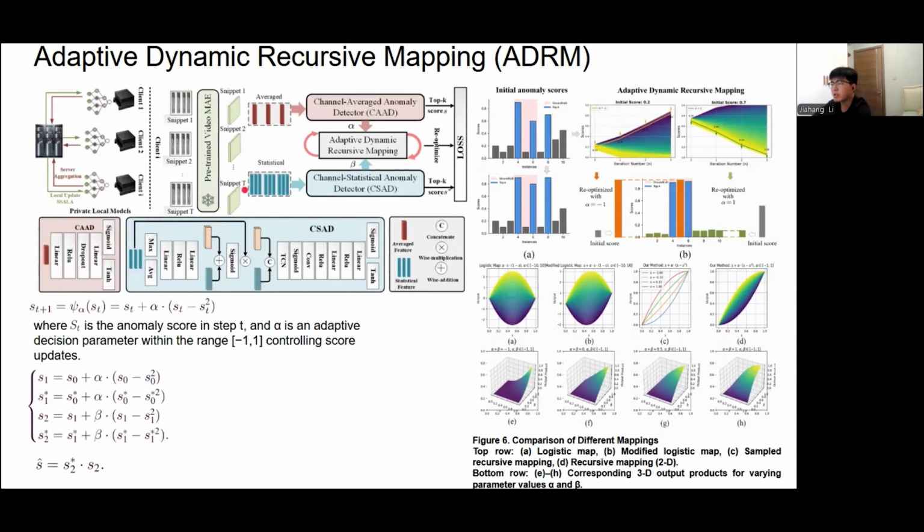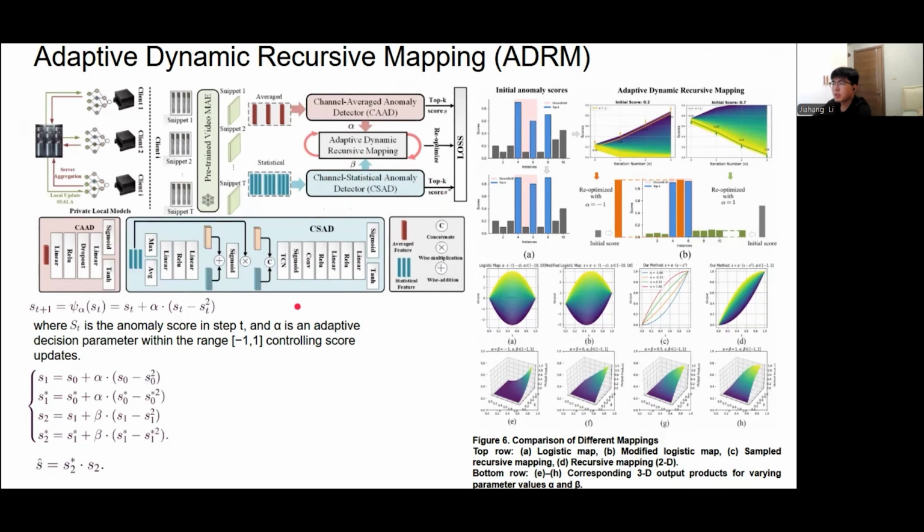These two types of features are used as inputs for two different detectors in our model. The channel average anomaly detector outputs a decision parameter alpha and a CAAD score. The channel statistical anomaly detector outputs a detection parameter beta and a CSAD score.